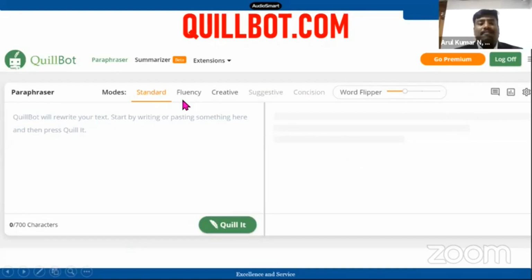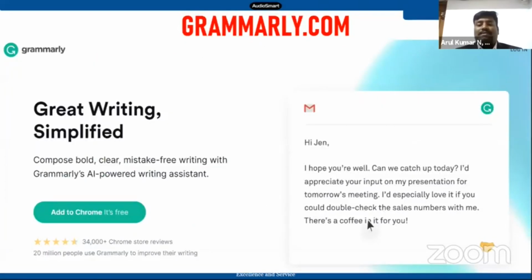As you can see, there are different modes, like standard English, fluency based, and creative based. So if you are going to write an article for English literature, you can use this particular tool. You can type your text here, and the moment you go creative, it will create nice English for you on the right side. So this is a free website you can visit, and you can improve your English when compared with the paid versions. And obviously, Grammarly, we know that it is available nowadays.